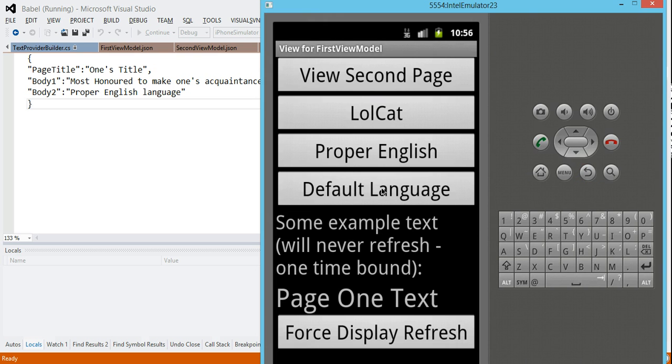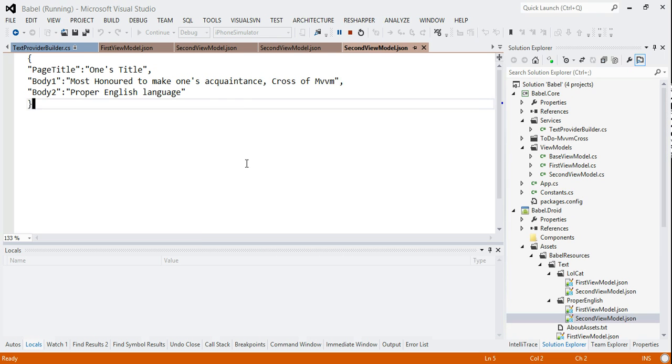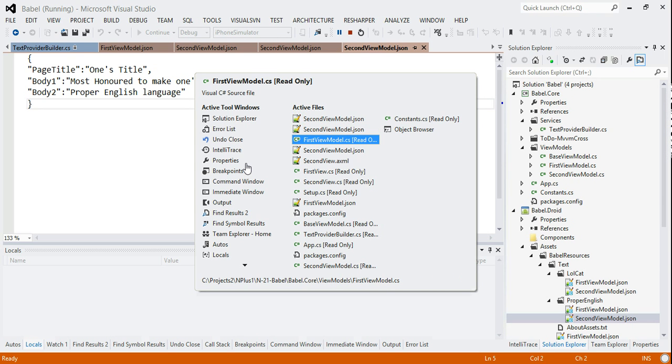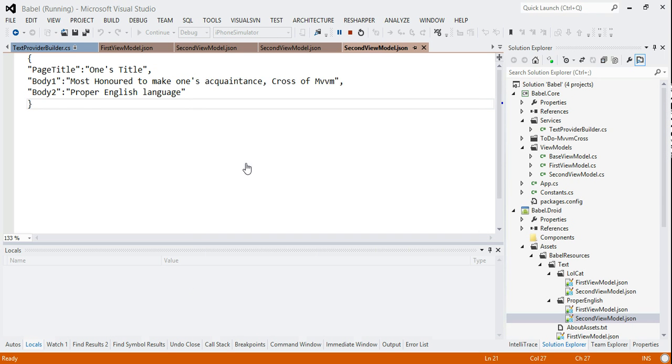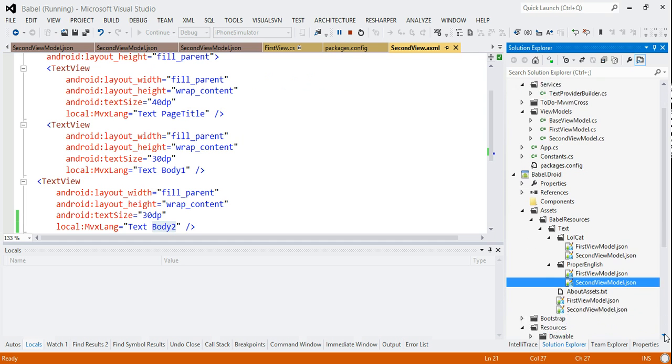And if you need to go back to the default, then you can just pass in an empty string, and that tells it to load the default. And now we're back to the default language. So you can see how the language strings have been loaded, and you can see how they are bound, if you like, into the resources. So you can see those in that AXML there. So that's pretty straightforward to do,